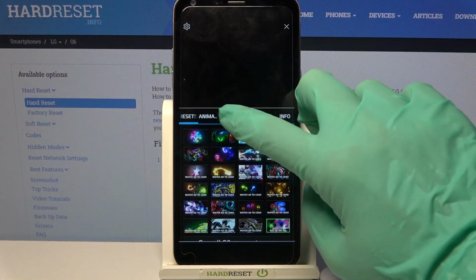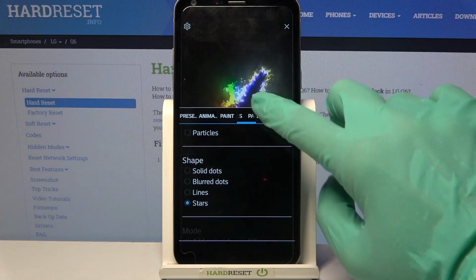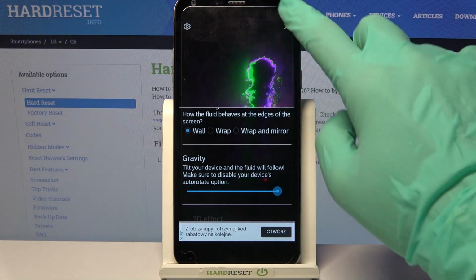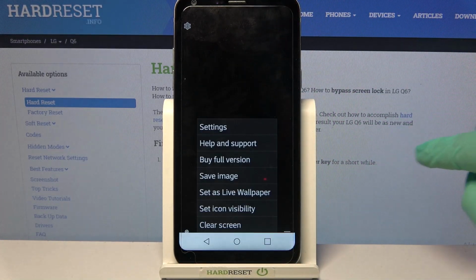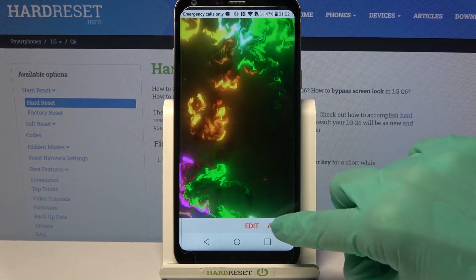Now you are able to customize your wallpaper however you wish to. And when you're done, click at the top right corner. Now button one again, but this time choose Set as Live Wallpaper, click on Apply at the bottom right corner